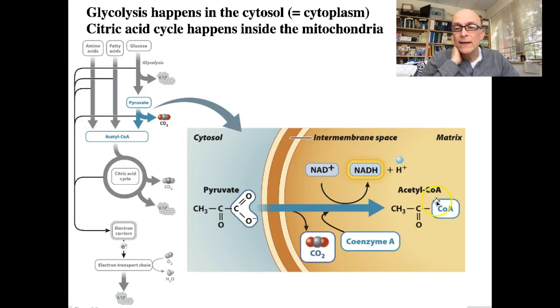CoA because it's now bound to something called coenzyme A. Just out of laziness, it's called CoA rather than coenzyme A here. That's a very large molecule. We don't need to look at the structure. What coenzyme A does is it activates molecules. It gives them a package of energy, like a battery, if you will, that it sticks onto molecules, not just acetyl, but also other molecules in the cell in other types of metabolism. But in this case, let's just think of it as this battery pack that gets stuck onto this part, the